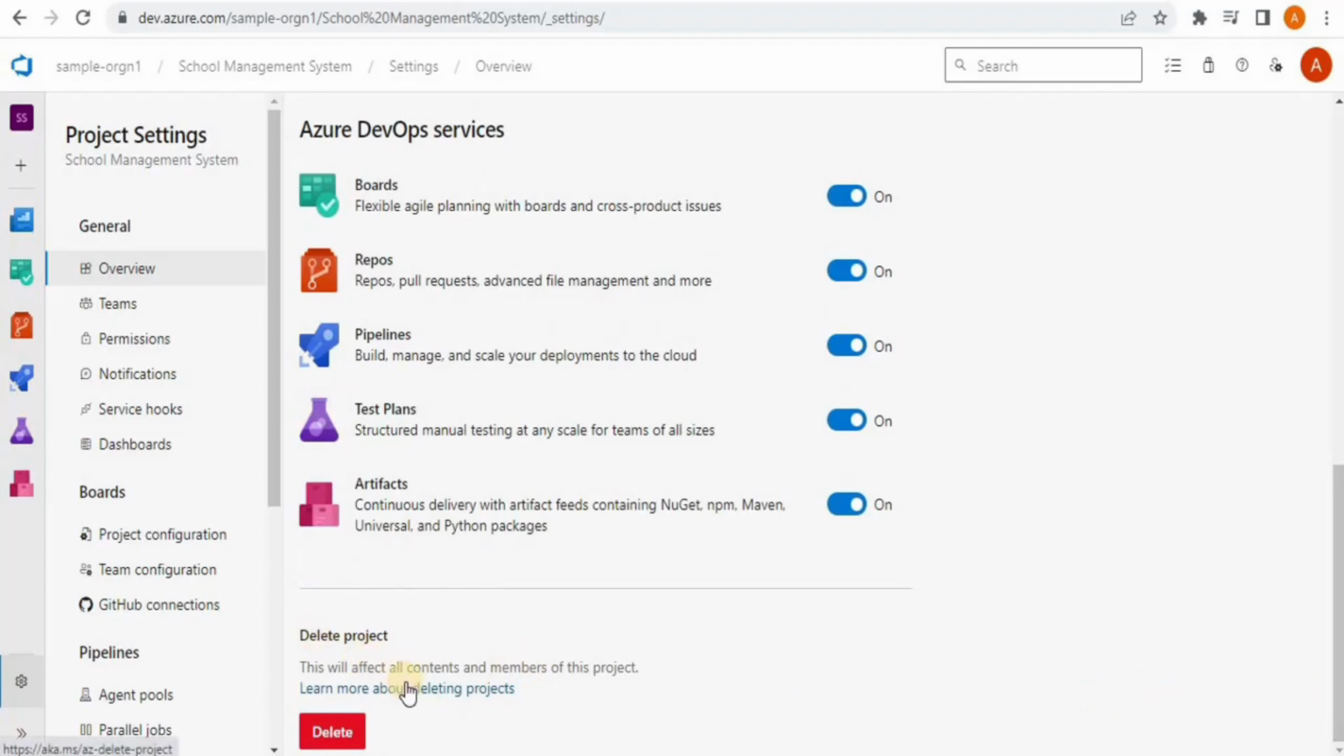So if sometimes you have created the project but somehow the client refused to give you the project, or in some other case you created a project but the configuration was wrong, in those scenarios you might want to delete the project. So here you will simply have to click on this delete button and your project will be deleted